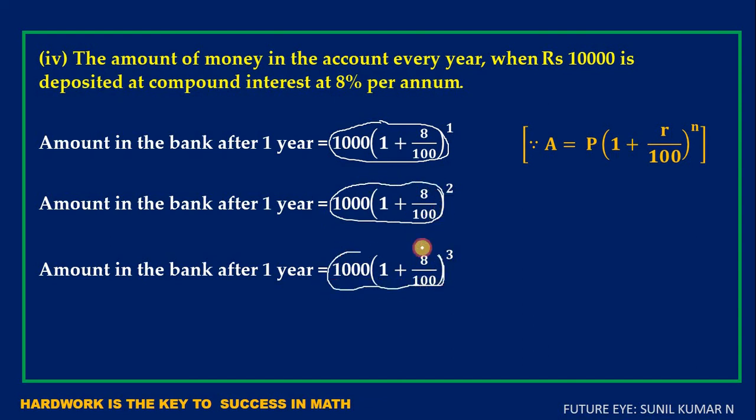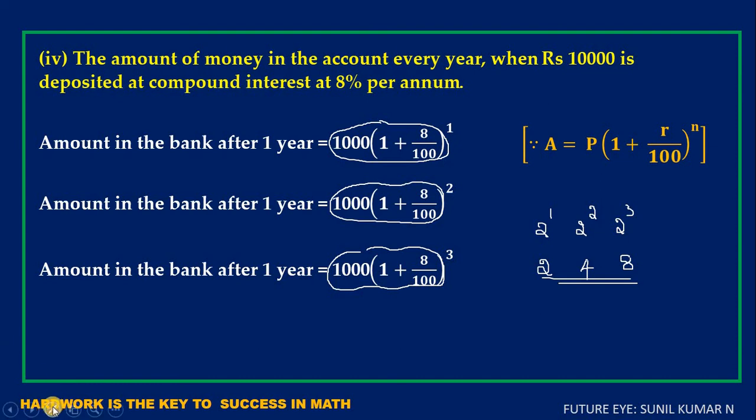Whether the common difference will be same or not. See, you just imagine here 2 to the power of 1, and 2 to the power of 2, and 2 to the power of 3. So 2 to the power of 1 means 2 only, 2 to the power of 2 means 4, 2 to the power of 3 means 8. Whether it is in AP or not. See, 4 minus 2 is 2 we will get. 8 minus 4 means we are getting 4. It means it is not in AP. It is in GP, meaning geometric progression, that you will learn in 11th standard.